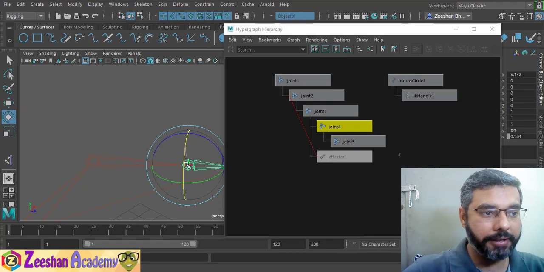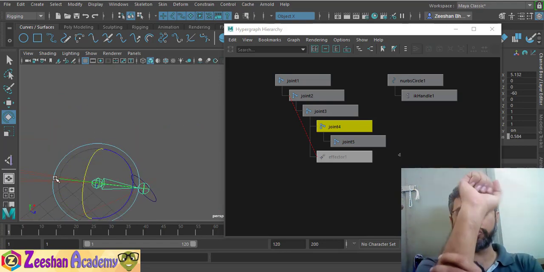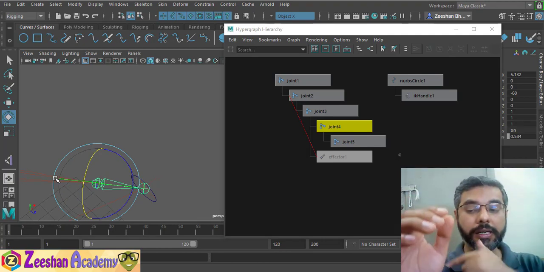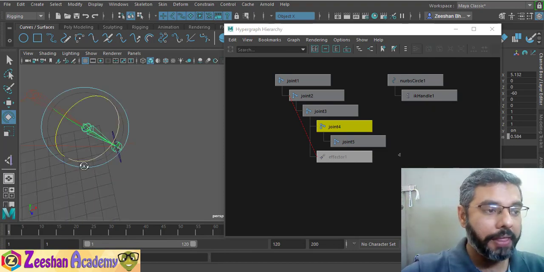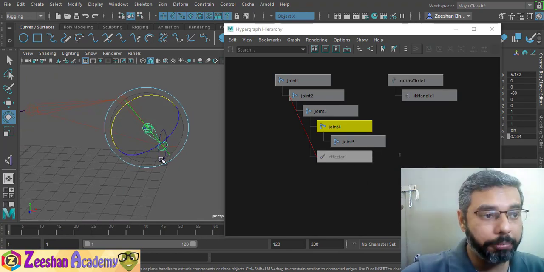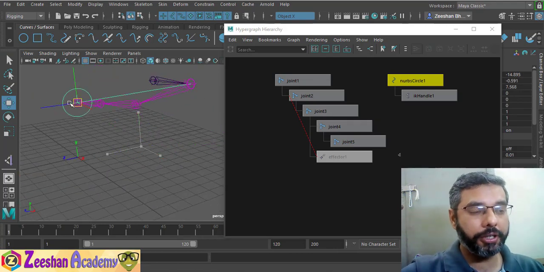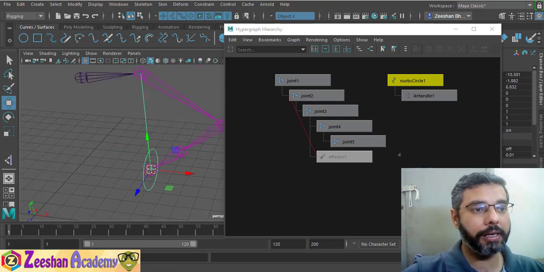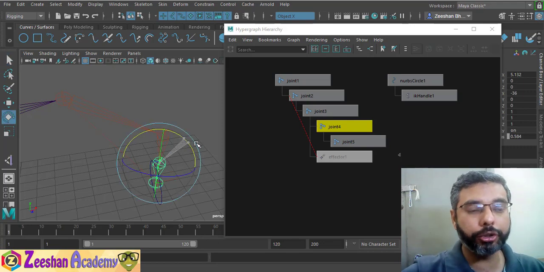So if you come here in the X axis, you can rotate, and you can see that you are able to rotate your forearm in the X axis as well, which previously you couldn't do if you created an IK handle directly with your wrist. So if you have a forearm, you create an IK handle at the forearm, and then you change the pivot of your effector, not the IK handle, and you snap it to your wrist. So now I have an IK handle that is working perfectly and controlling my forearm, and I can control that forearm as well.